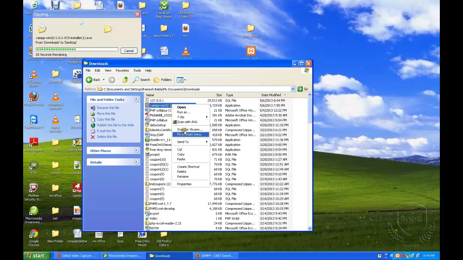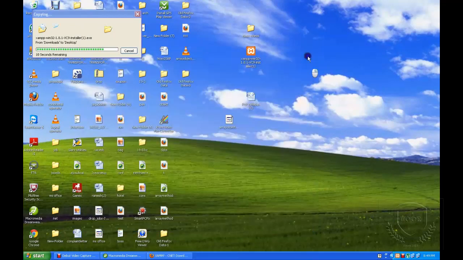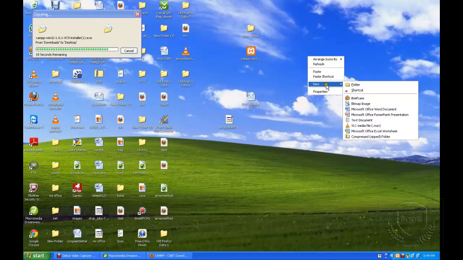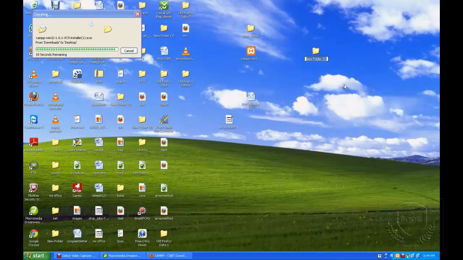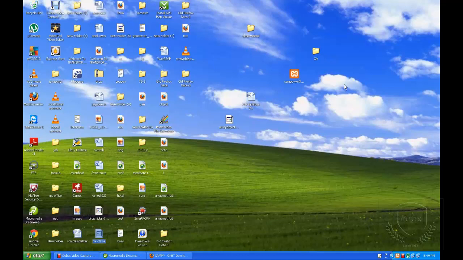Just copy this and create one folder for a clear view, because there might be some confusion about where I'm saving this. I'm creating one folder named XAMPP. This XAMPP folder contains this XAMPP software.